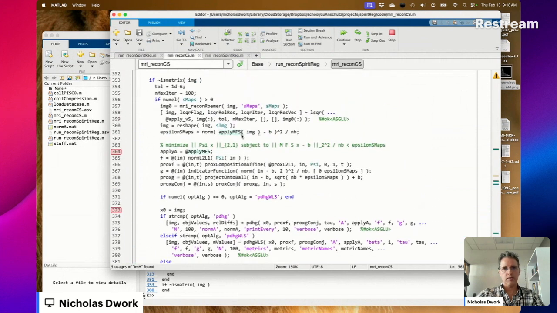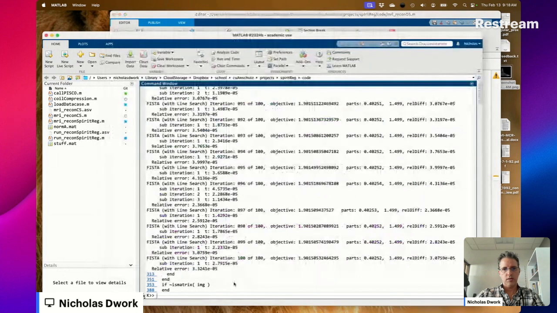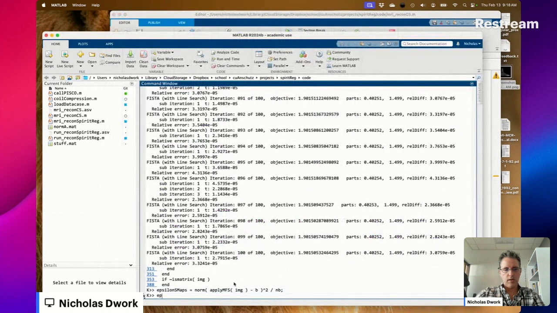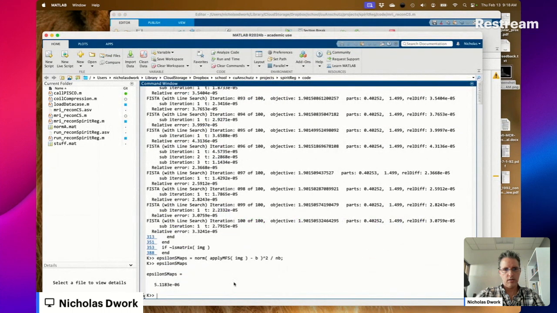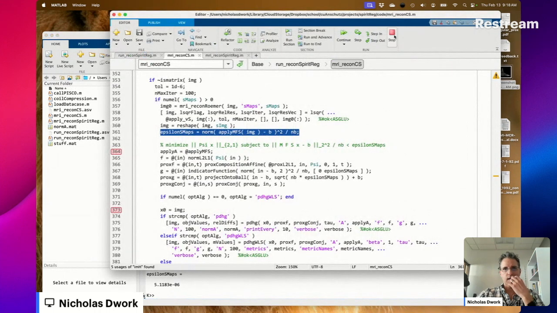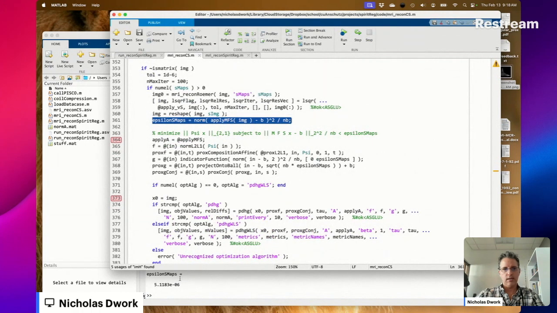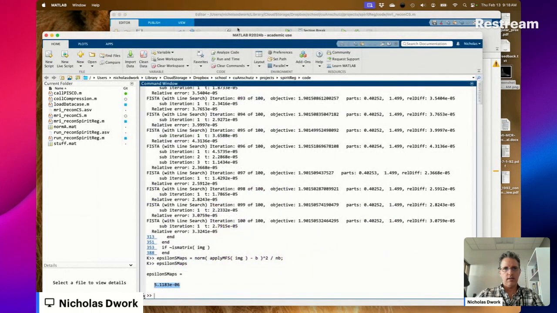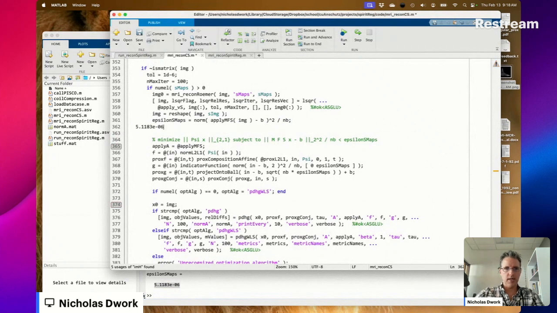Epsilon S maps, 5 times 10 to the negative 6. If we set epsilon S maps equal to that,